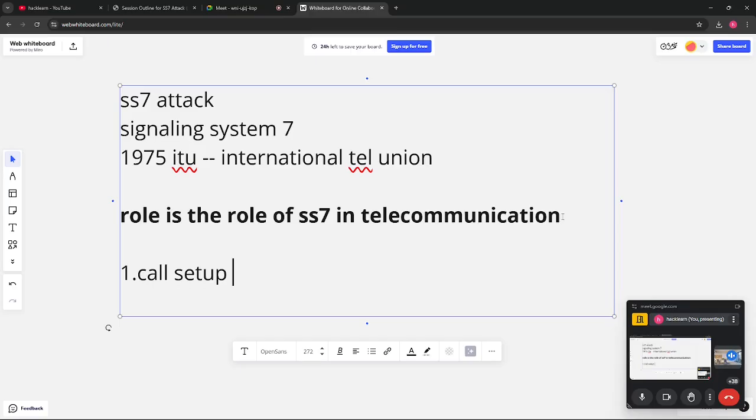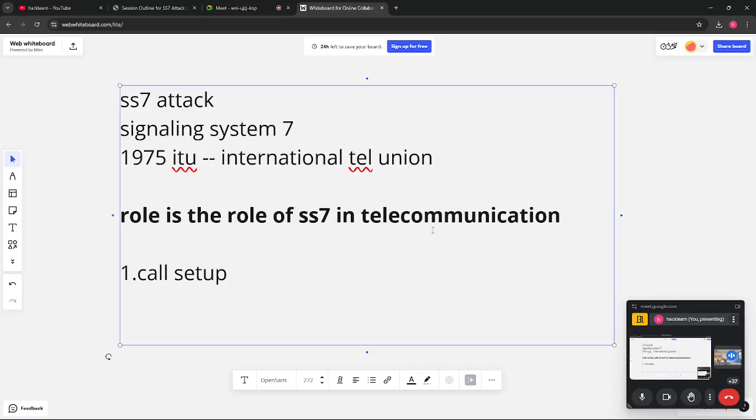Whenever you are dialing any number, first SS7 determines the route to establish the connection, and then it sets up the call. After that, it finds the exact location where the call is to be transferred, and this protocol communicates with the nearest tower of the person whose number you have dialed, and then you will be calling them. And this is the catch: because this protocol first tries to know the location, it is a very useful protocol for knowing the exact location and tracking. That's why SS7 is important.